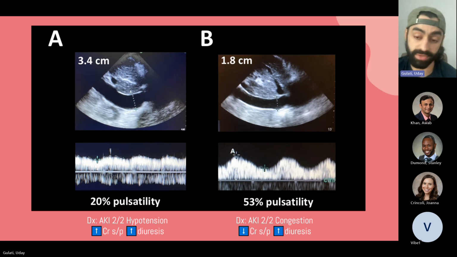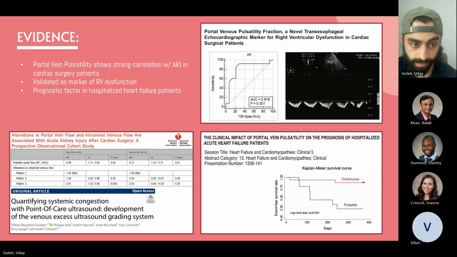And because you decreased the preload in this patient that had severe congestion, their blood pressure also stabilized without the use of vasopressors, without the use of more fluids. And so there is a lot of good evidence of portal vein pulsatility, and it has been shown that in cirrhotic patients, in heart failure patients, in patients post-cardiac surgery, that portal vein pulsatility has a strong correlation with the